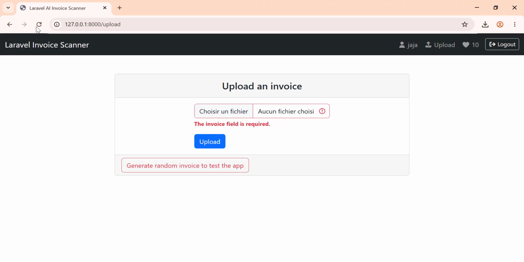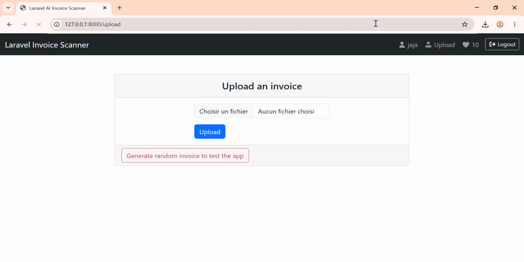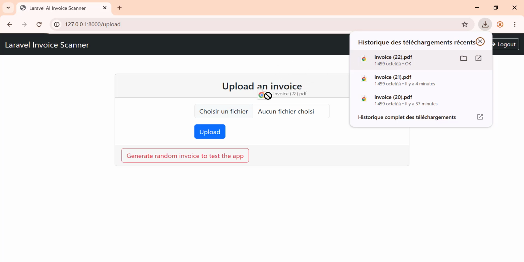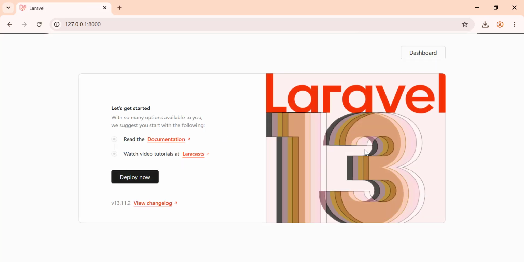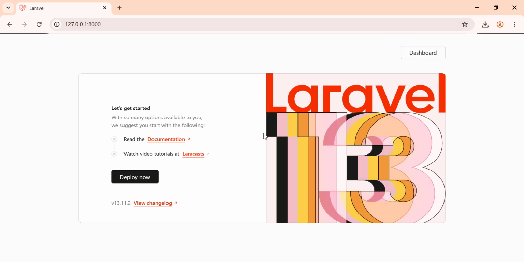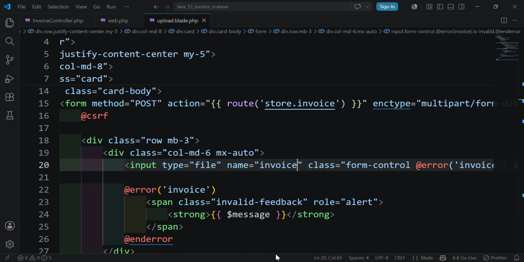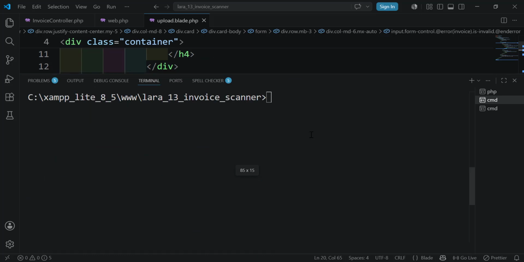Save. Let's go back, refresh. Let's do that again. Put the file here, upload. And as you can see, we are redirected to the home page, which means that the invoice has been created. We can check using PHP Artisan Tinker,